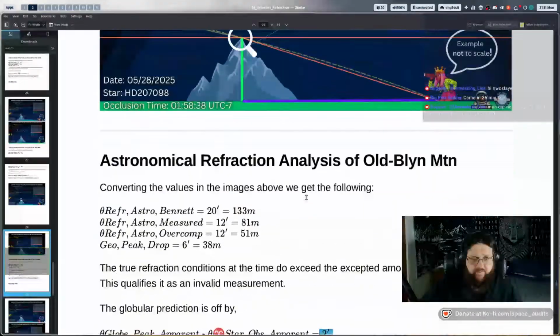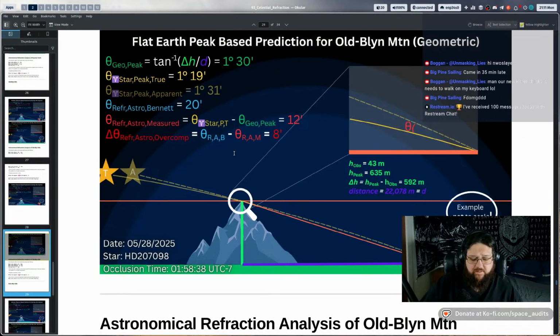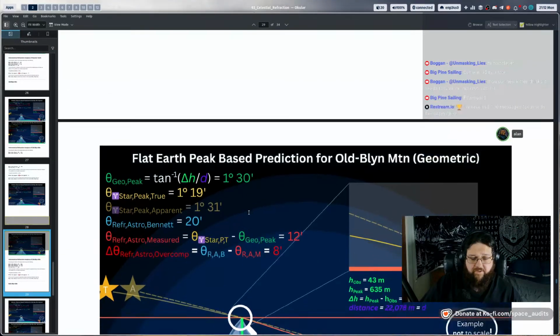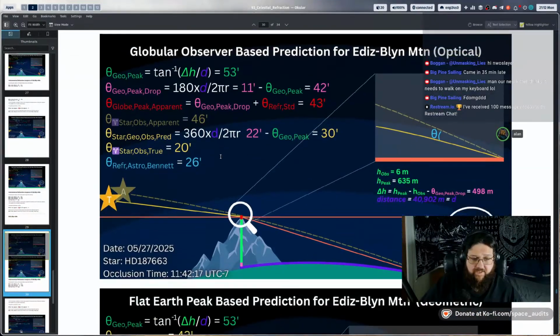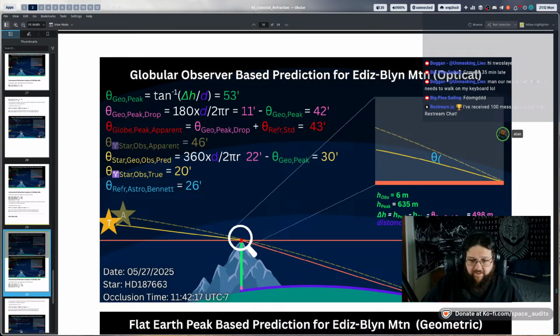Now, I'm sorry, the preface that I gave for the 2 arc minute difference for the elevation comes into play on the same mountain peak, but at a further distance. So on the same night at a further distance, when Jesse went to 42,902 meters away, this is where we see that difference come into play, where it's going to compensate exactly for the amount of drop over distance.